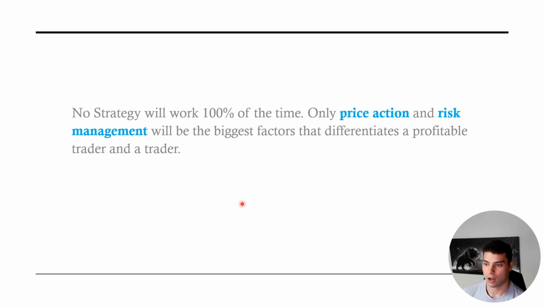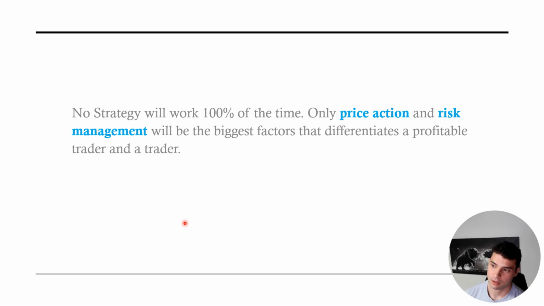This is what I want to talk about after I said 90% of traders have proper risk management, all right? No strategy is going to work 100% of the time. Understand that. No strategy is 100% correct. That's not how it works, because trading is a game of probability, right? With probability comes that term, you're almost never going to see a 100% win rate in trading, right? Only price action, reading the market, and risk management will be the factors that differentiate a profitable trader